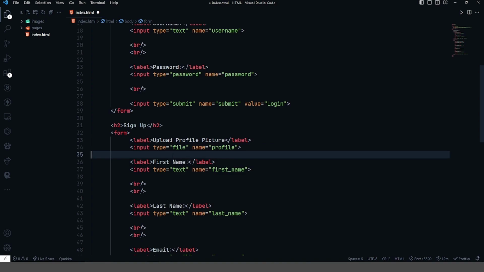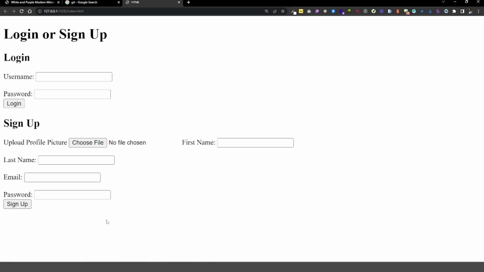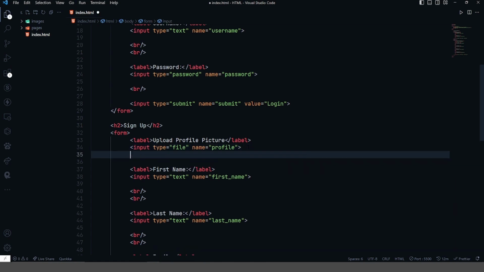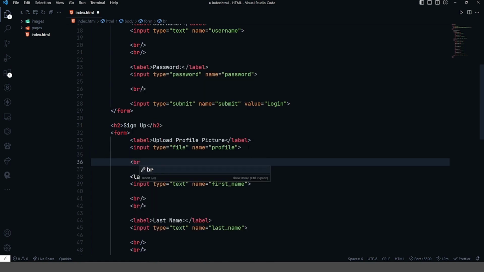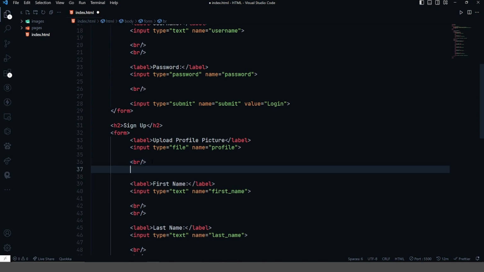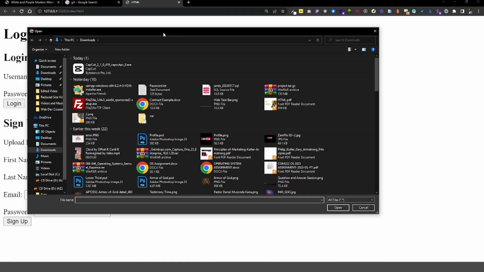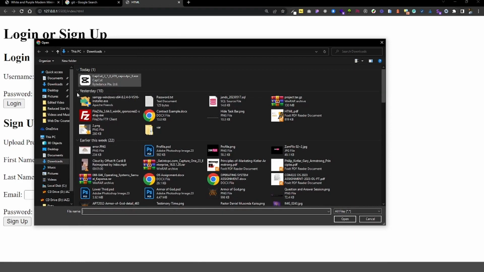So when we save and go on our website, you notice that now we have to upload an image. Let me add a break here. Okay, so we have that, right? Upload profile picture. So now when a user clicks on upload, it will prompt them to get